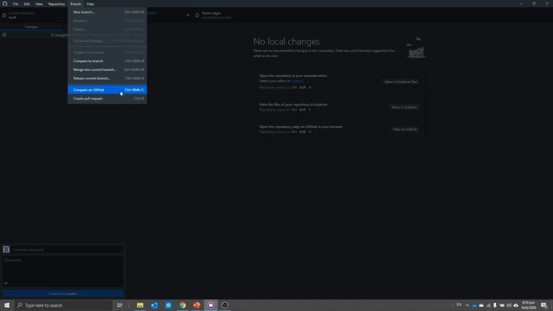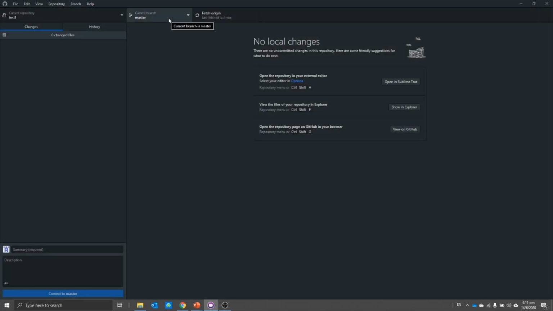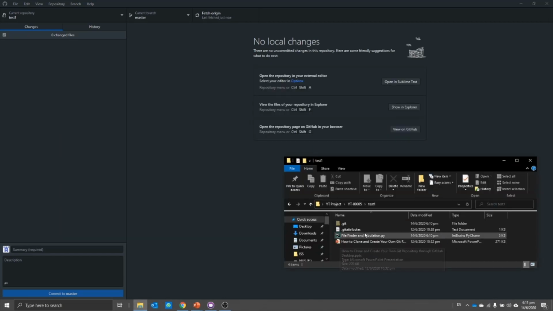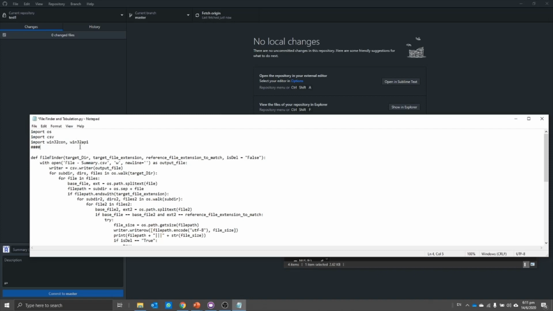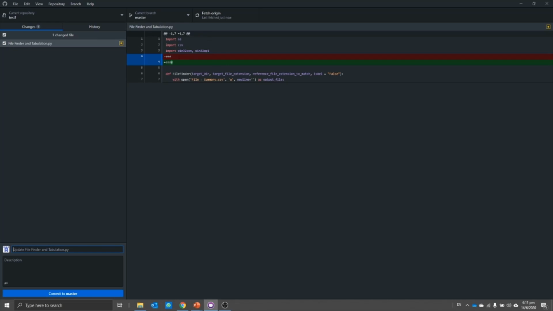You can even compare it on GitHub. What kind of differences do you have? Okay, so let's say I make another change in my master version right now. I just add the 4th hash. Okay, I'll save it. I close it. So you see the changes appear again. But now I'm currently working in the master branch. So one example of what we can do is we just test one, add 4th hash, commit,